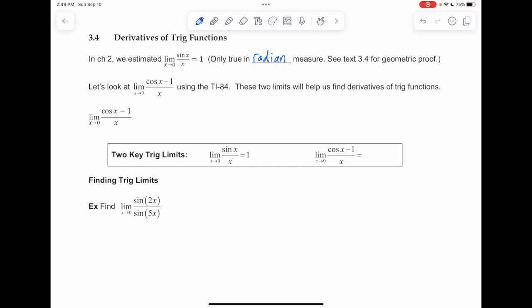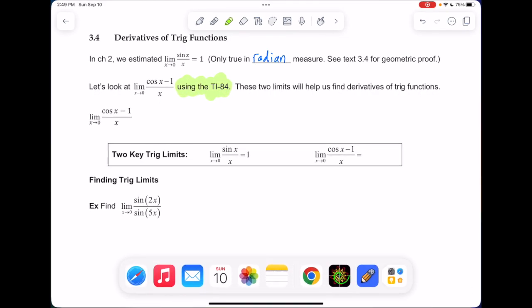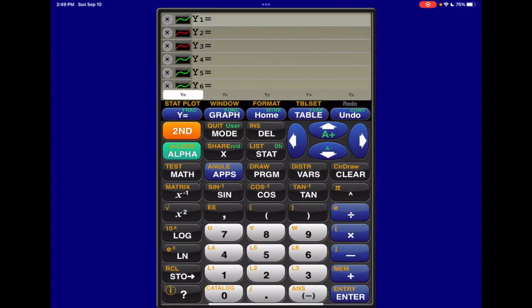For now, we're going to experiment around with these limits. So the limit as x approaches 0 of cosine of x minus 1 over x, and we're just using the TI. So we're just going to look at graphing that, and can that graph lead us to an answer. So let's switch over to the graphing calculator. Let's go into the y equals, and let's put that function in. So our numerator is cosine of x and minus 1. So I put parentheses around the numerator, and there's a parenthesis around the x also on the calculator, so make sure you close that so that your second parenthesis is closing the numerator,